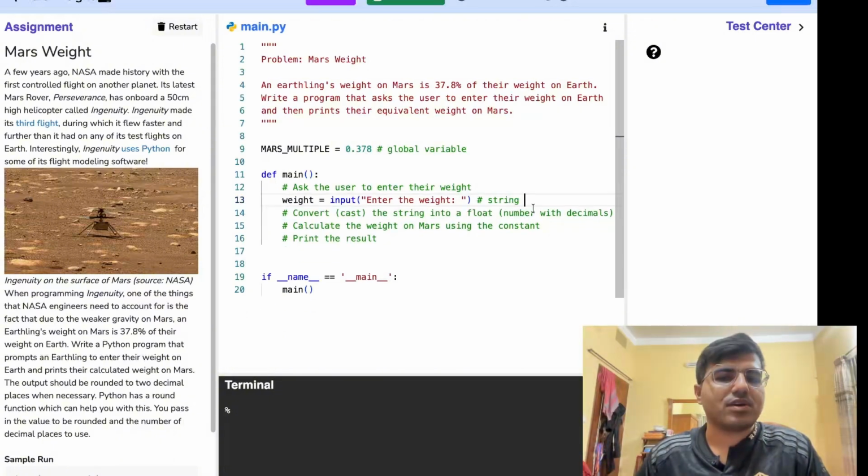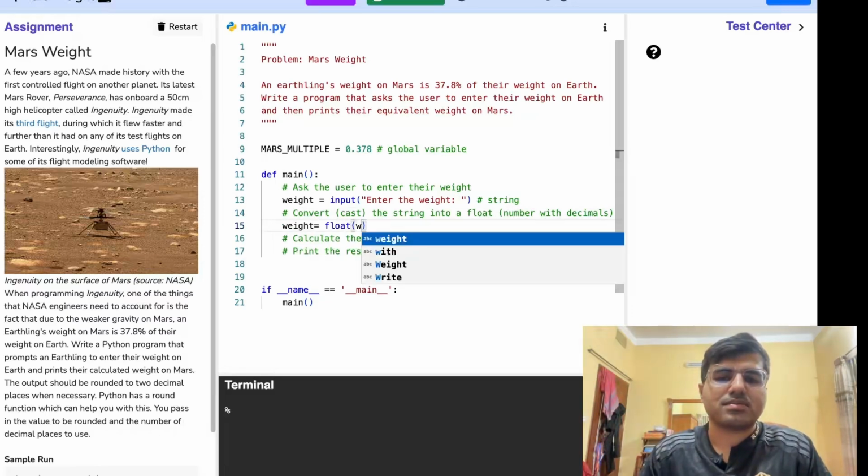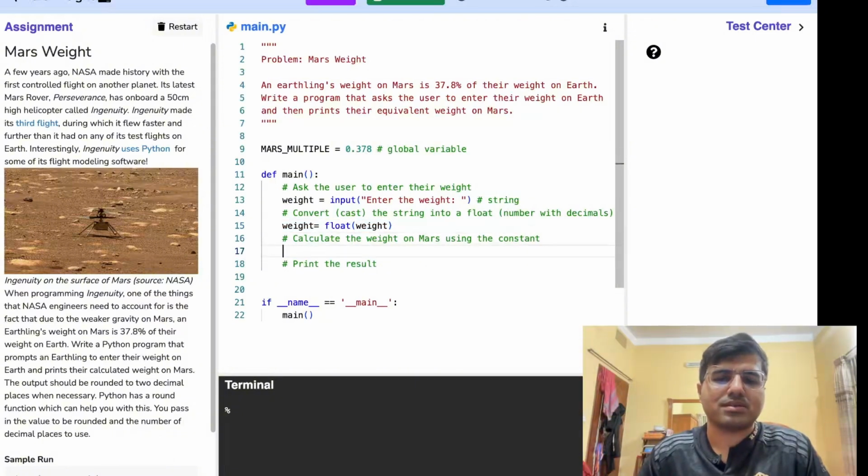Now let's finish our program. Here we have to do the typecasting. Typecasting is done by using this line. Now we are really expert on it. And now you just have to multiply. So weight equal, okay, we'll just say weight on Mars equal